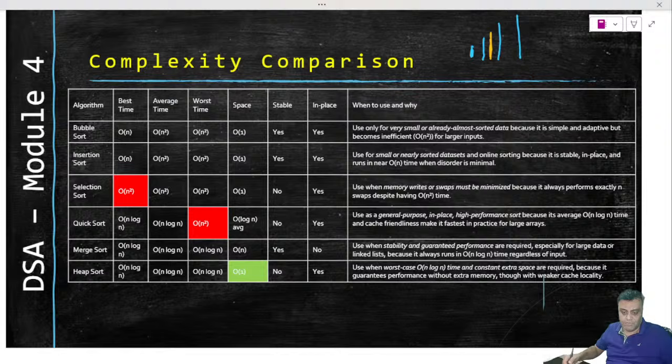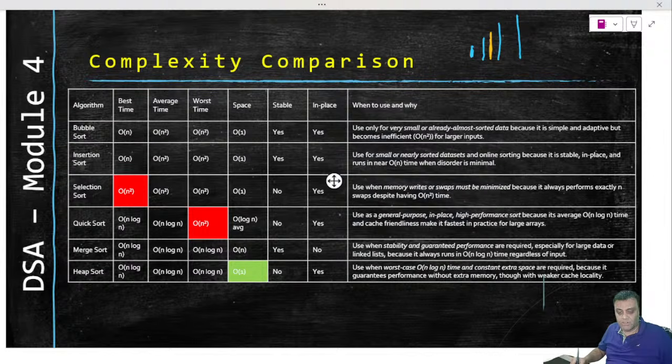Quick sort, I told you, has the inherent disadvantage that if the array is sorted, then the partitioning is not proper, hence it becomes n square. And quick sort also does not do a stable sort. So whoever has a disadvantage on time is not doing a stable sort. That is something by which you can probably remember.